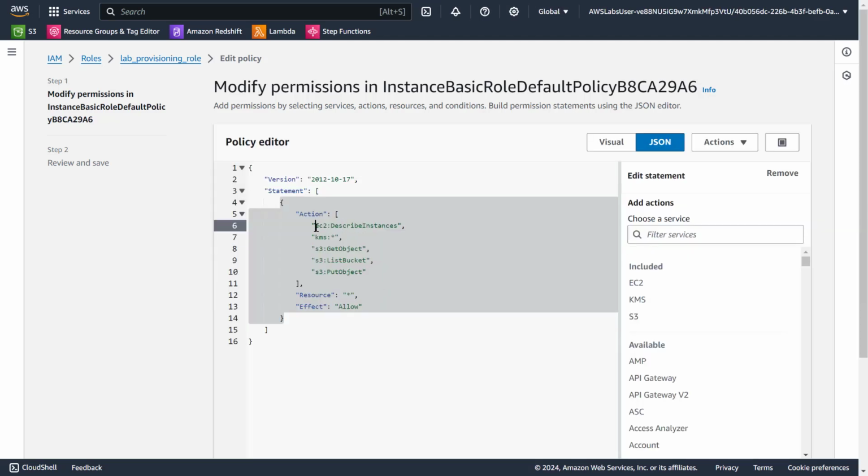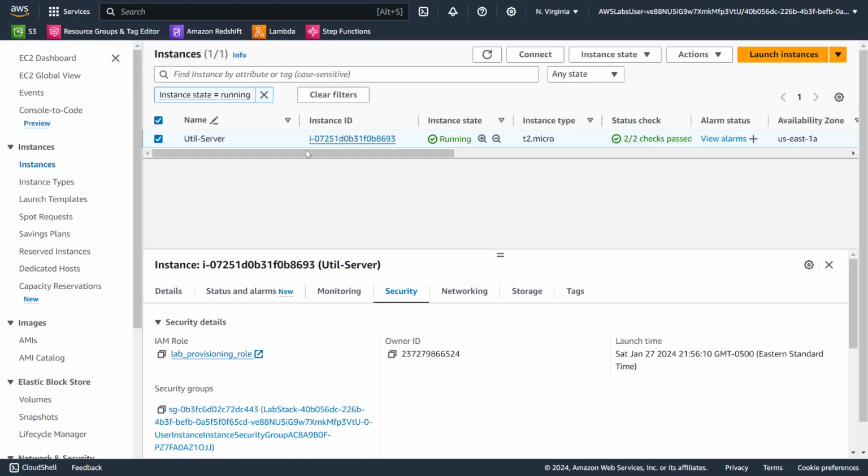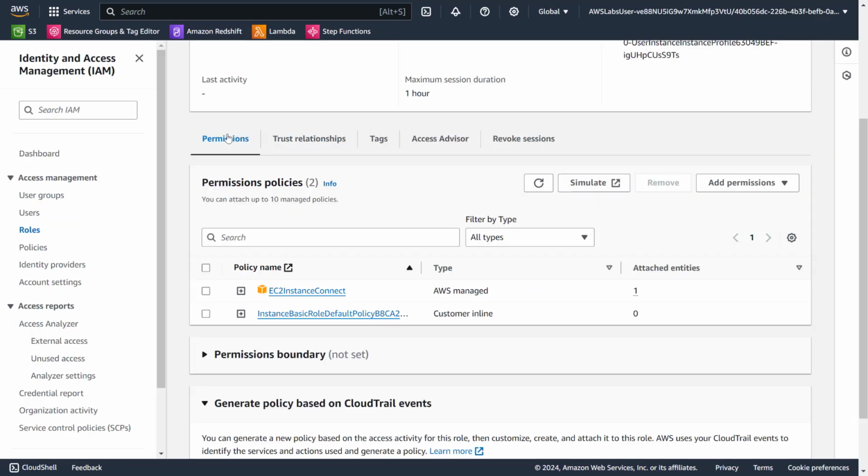As you can see, this particular policy gives the permission to describe the EC2 instances, and for KMS, everything we can do, and for S3, it will get a list, to put all the resources, and allow it. So which is not much. And then let's come back here, and we are going to go to the KMS,